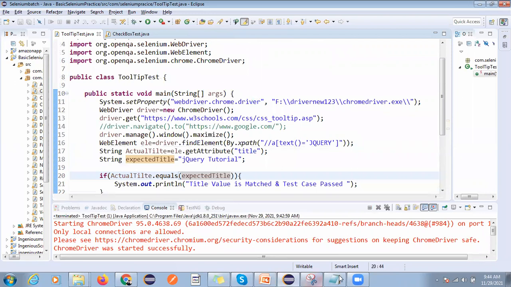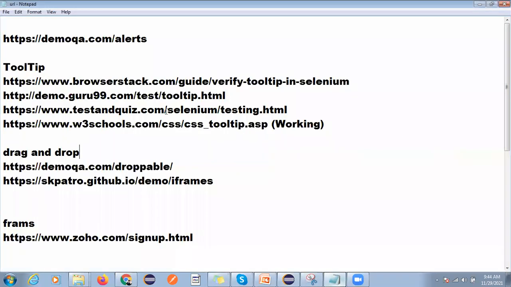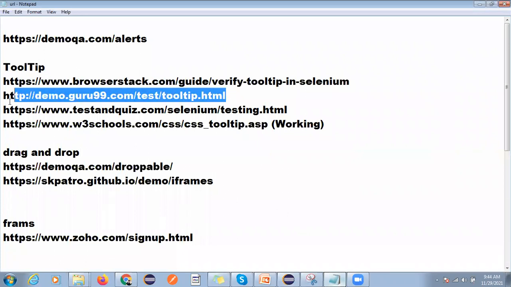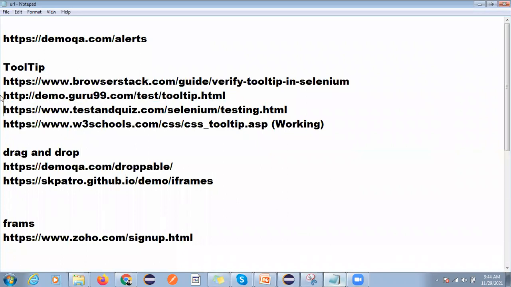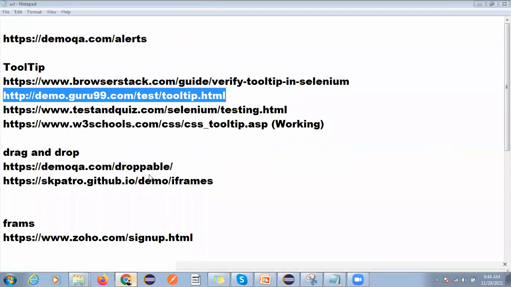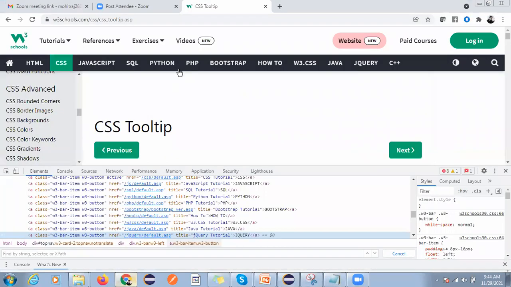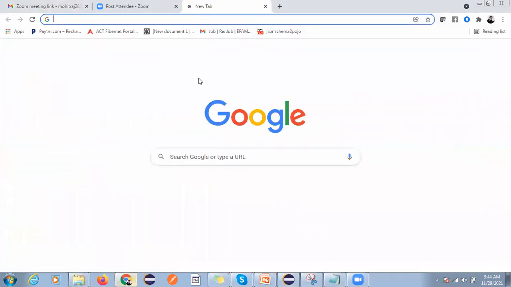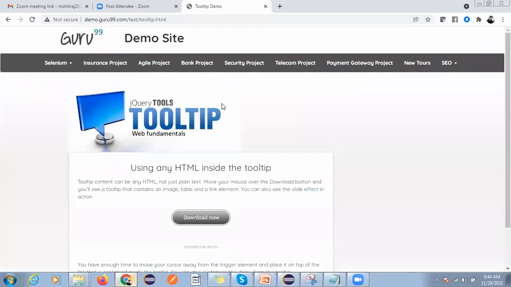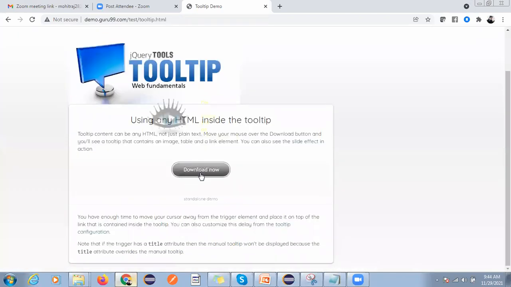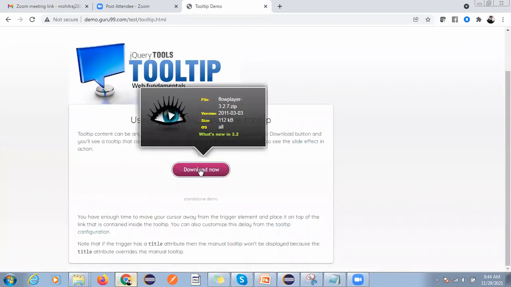Okay, and we have another tooltip also. Okay, so let me copy this. So this is the one way to handle tooltip. I'll tell you another scenario. Okay, you can see, if you mouse hover, one window is coming, right?